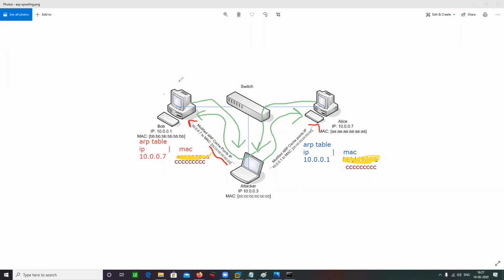You need to set up one VM to act as Bob, one VM to act as Alice, and one VM to act as the attacker. You can simply use your previously downloaded Kali image and set up 3. Will the attacker's address be rewritten, or will it remain the same? It will be rewritten.